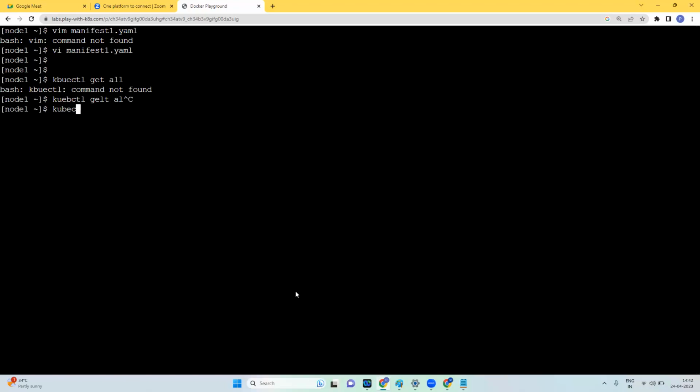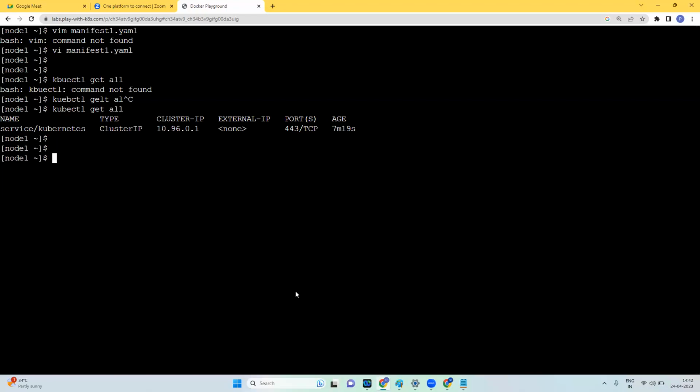kubectl space get space all. Let's hit enter. And see, friends, we got only one service present in the default namespace. Now I'm going to run this manifest: kubectl apply minus f